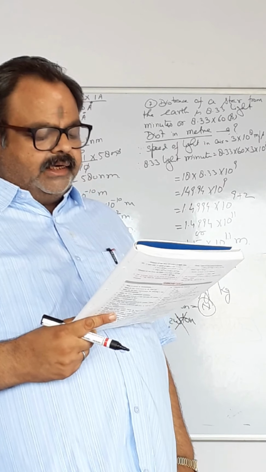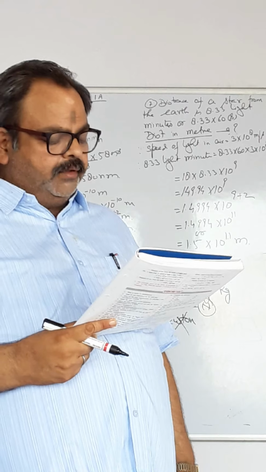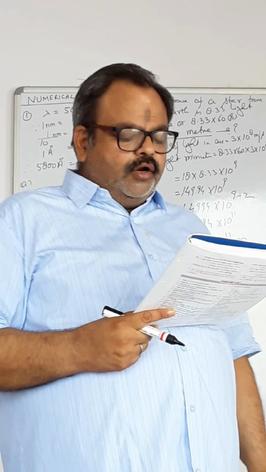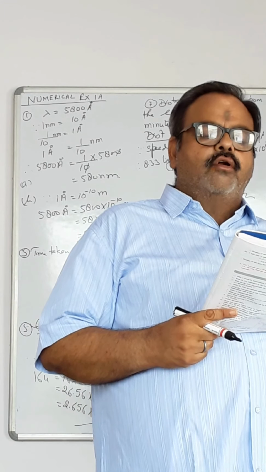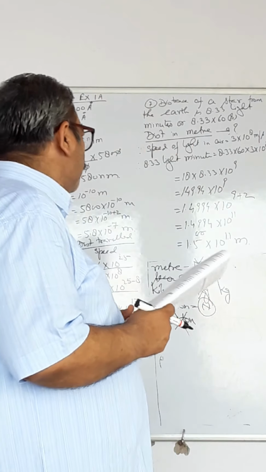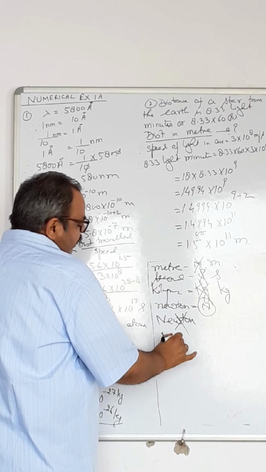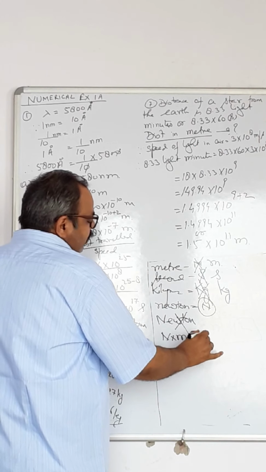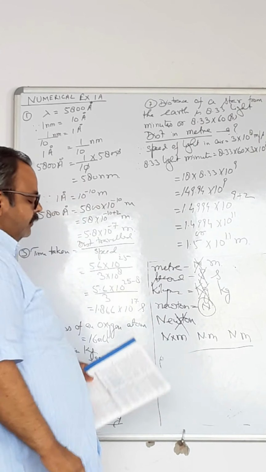The unit of power is written as watt. We will start with a small w, not with a capital W. Fourth, a compound unit formed by multiplication of two or more units is written after putting a dot or cross. For example, newton into meter: you can write newton meter like this, newton dot meter like this, or newton meter like this also. All are allowed.